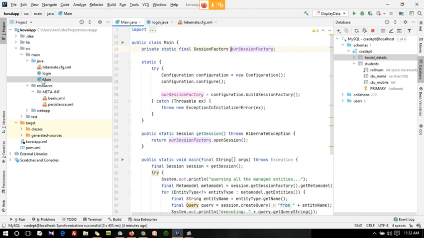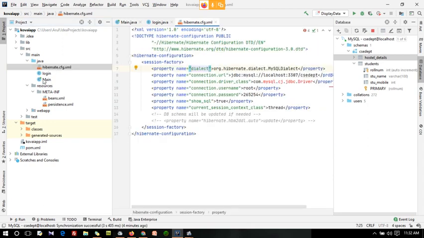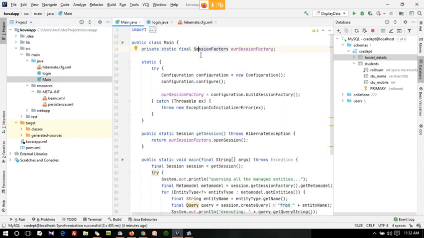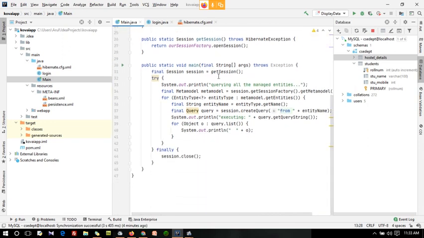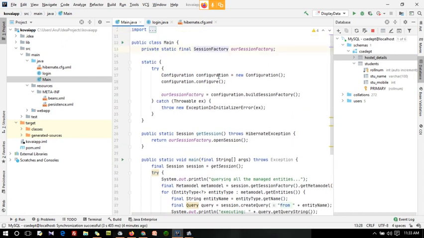So guys, these are the two files which will be created after adding the framework support: the main class and hibernate.cfg.xml. See inside the main class I have all the configurations for my session factories. You know that the session factory is going to handle everything, whatever configurations are given inside the Hibernate configuration. That will be carried out by the session factory, and using the session variable we can access it, and using that session we can do all the transactions we want to do to the database. That will happen here.